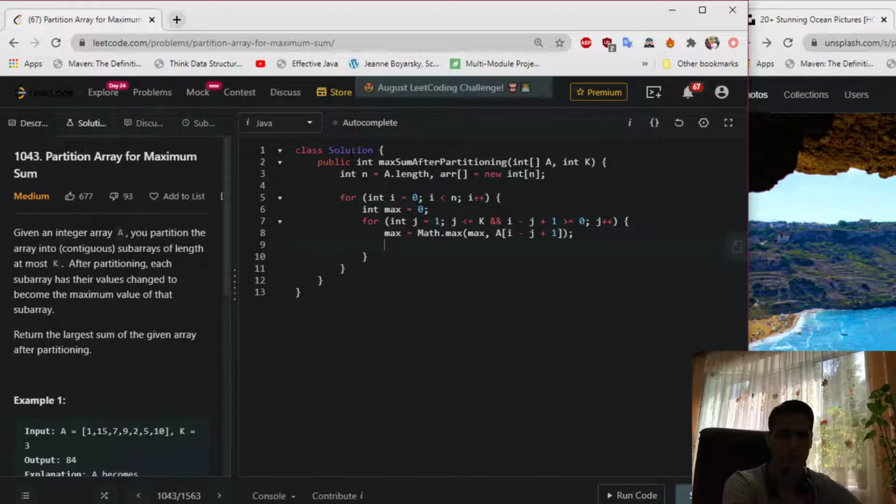After that, we set the value at the position of i in that array. We also pick up the maximum value, the previous value at the current position of i, or